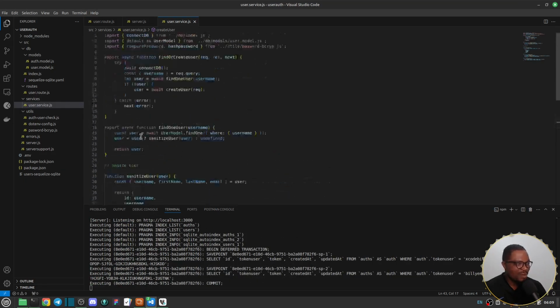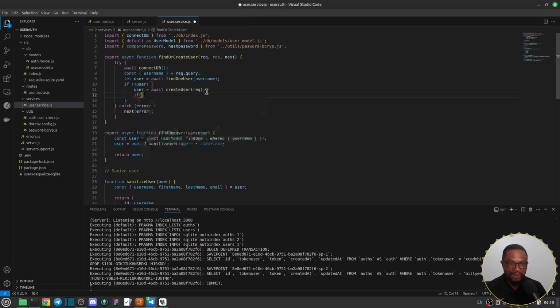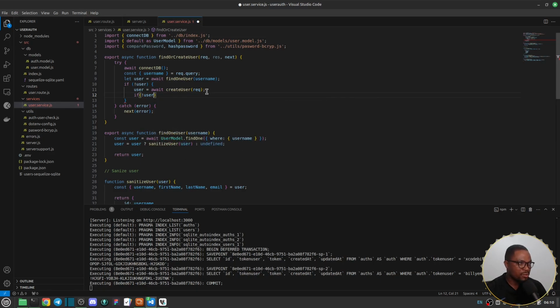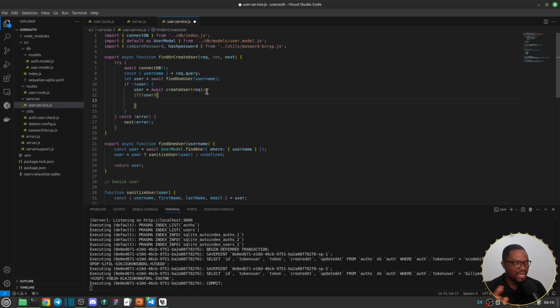I know we've written a lot of code just to find and create a user. So inside findAndCreateUser, we have user, we get the username from the query, we pass it into findUser. We check if the user is not found. If it's not found, we create the user, and then inside we say if not user, which means that the user was not created for some reason that has to do with the database and all that. Now say return